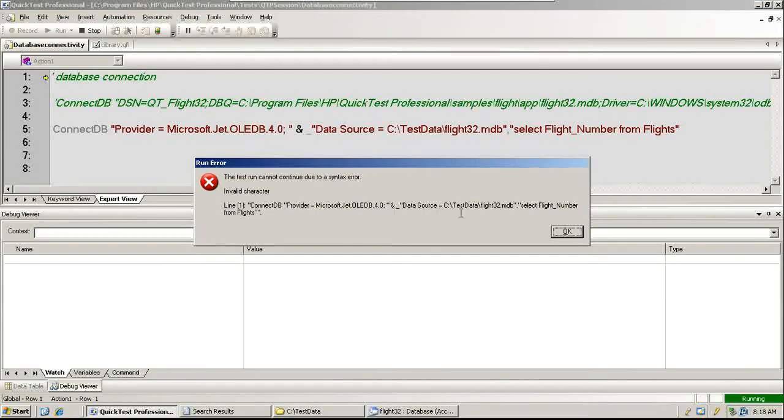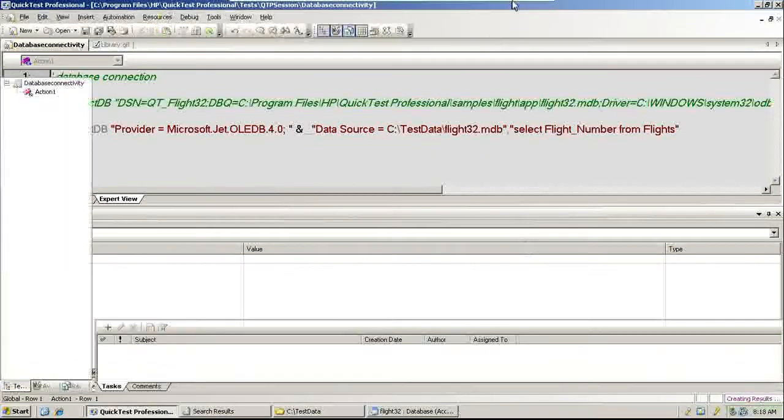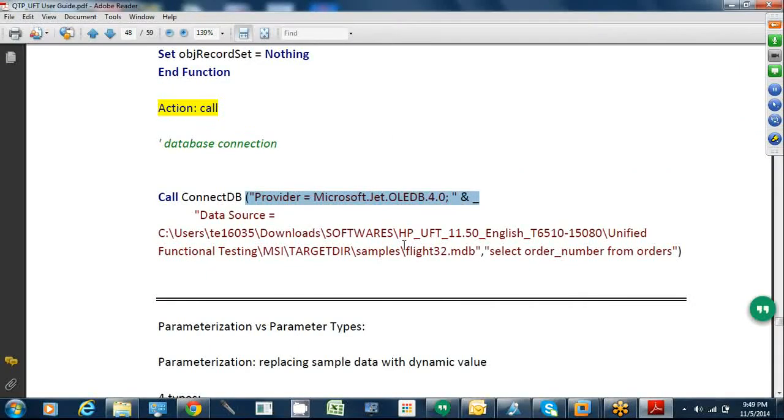Okay, invalid character. Some characters missing. DB provider and data source is equal to. Let me check the actual string. So data source is equal to the whole thing. Let's go to the end. That's an underscore. Looks okay.